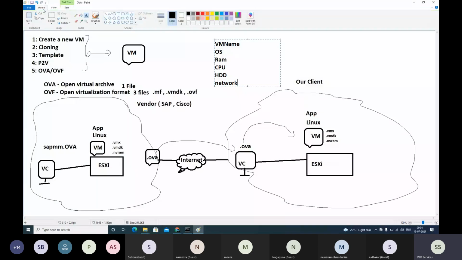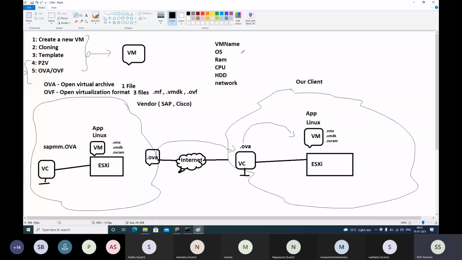Okay. So that means the fourth and fifth are situation specific. If the customer is asking you for a VM, converting a physical server into a virtual machine is not correct. If someone is asking you to create a virtual machine, deploy from OVA, and it will have that application also. It's an appliance, OS plus application shipped together. But again, you need to remove that application, right? Customer wanted to use it for something else. You are shipping it with a different application. So these fourth and fifth are situation specific.